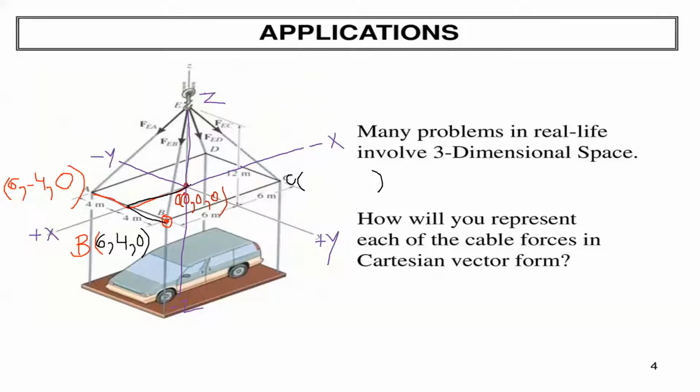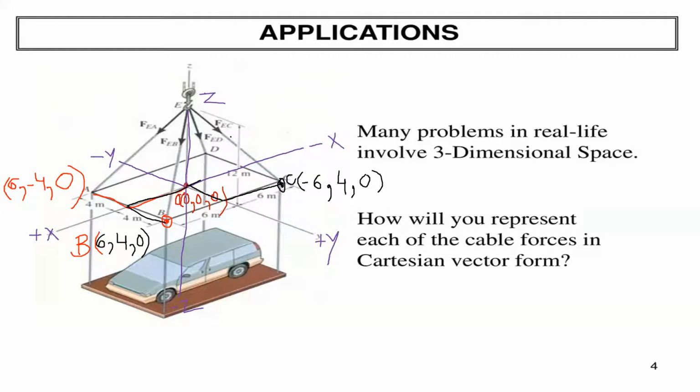From the origin, we will move like this. This line is exactly lying on the positive y-axis, so the value of positive y is 4 meter. So we can write down the value of y, and then you have to move here. It is 6 meter, and it is parallel to the negative x-axis, as you can see, so it will be minus 6. But the point is not raised above or below, so the z component is 0.